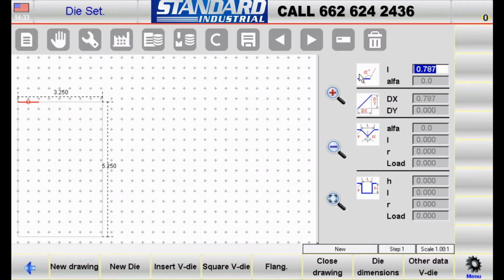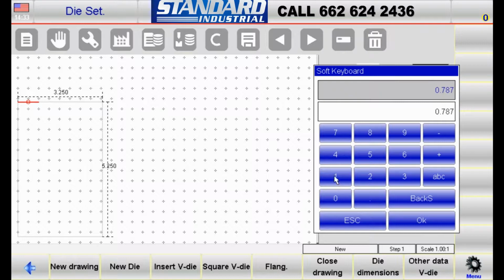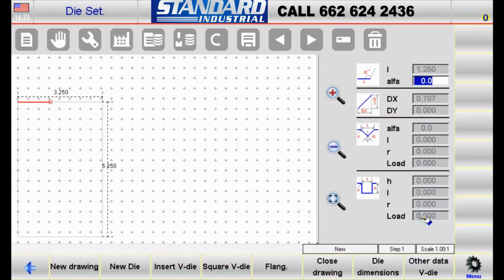The first dimension that we'll enter is the length of the actual shoulder. So here we'll enter 1.25 inches. And this is where the V begins to enter the die. Now, there's a feature that makes it easy for us to enter a V, which is the button down here, Insert V Die. So we'll insert the V, and we'll be asked some questions now about the dimensions to shape